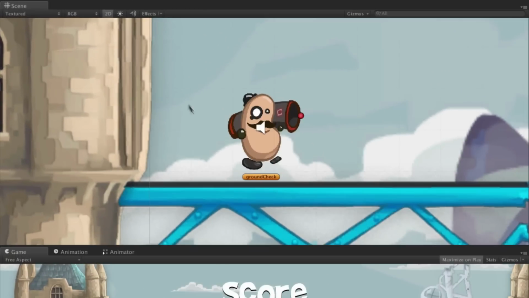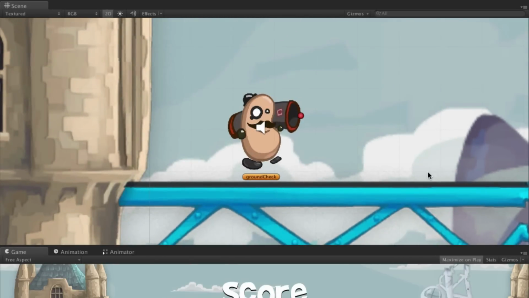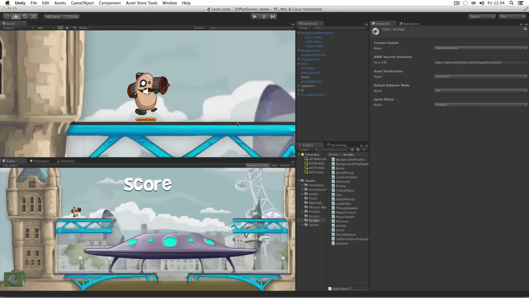This new mode gives you a completely orthographic view in which to construct 2D games. It also hides the usual 3D gizmo in the top right of the view, giving you more space to work in. Aside from these settings, the workflows for 2D have been designed to mirror existing Unity approaches to 3D game creation. So if you already know a little about Unity, you'll be in a great position to start making 2D